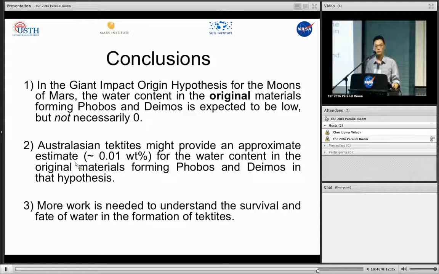So the question is where the impact site is. Actually, now the impact site is not clear. It could be in the sea off Vietnam or on land. The reason we believe that is, first of all, the Australasian tektite has higher water content compared with other types of tektite. So it could be explained by the tropical